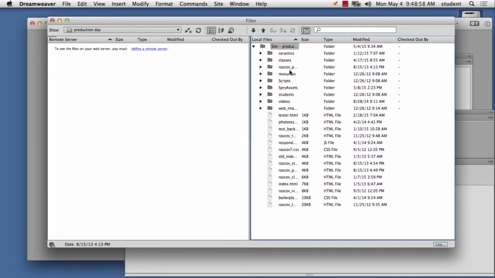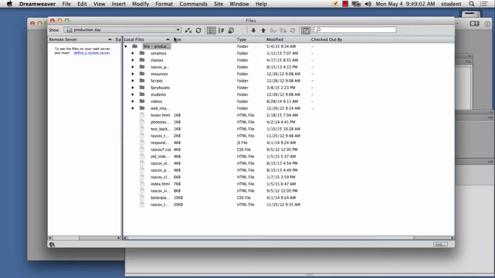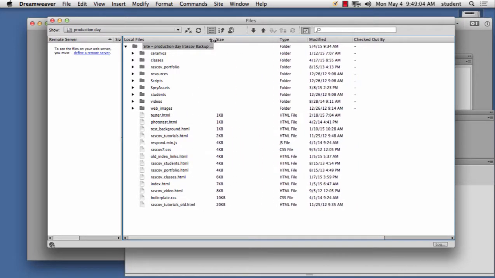You've all seen this files window before, right? This is the window that we use to transfer files to our web server. It's also the folder you can use to manage files. Think of the files window as like your hard drive on your computer. If you make a change on this files window, it's going to make a change on your hard drive. For example,